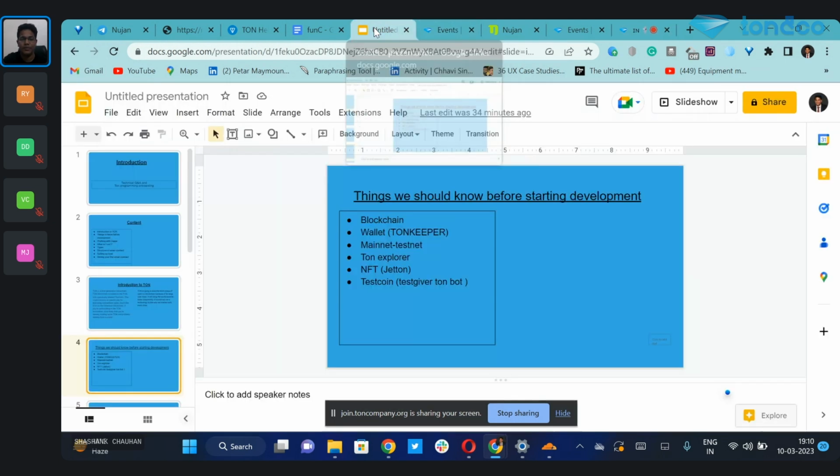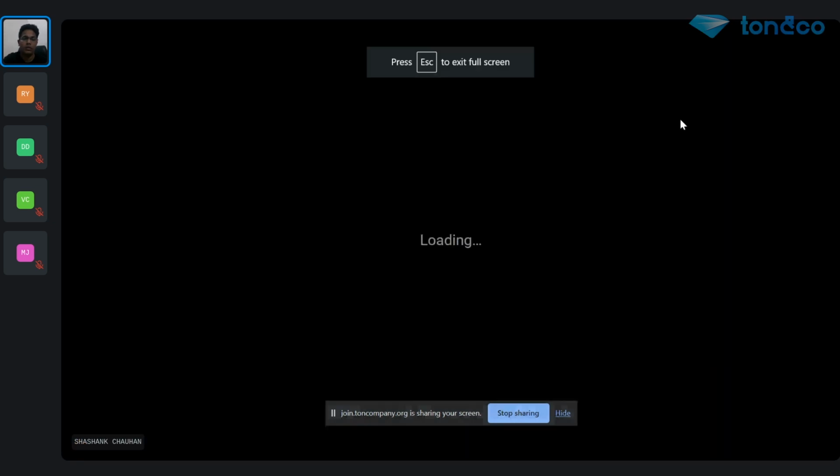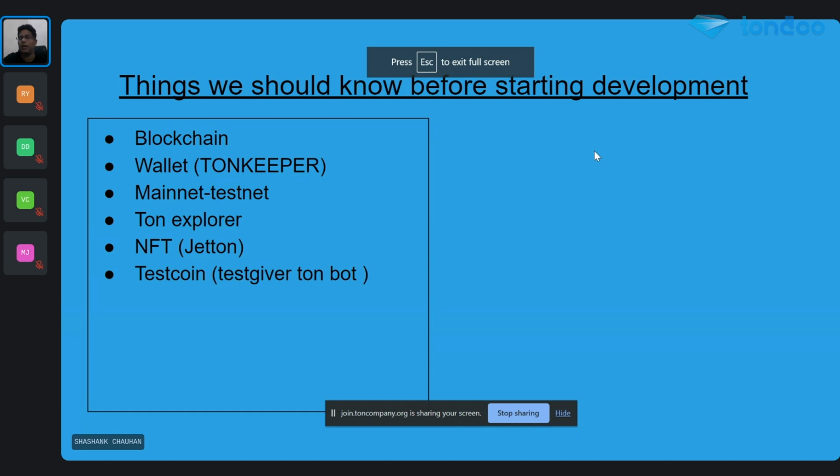So I'll explain. The next thing we have is mainnet and testnet. Mainnet is basically where the real coins and the real smart contracts are. When we deploy the smart contract, it goes live on the mainnet, and we pay real coins which have real value. And testnet is mainly for when I'm not confident about my smart contract,